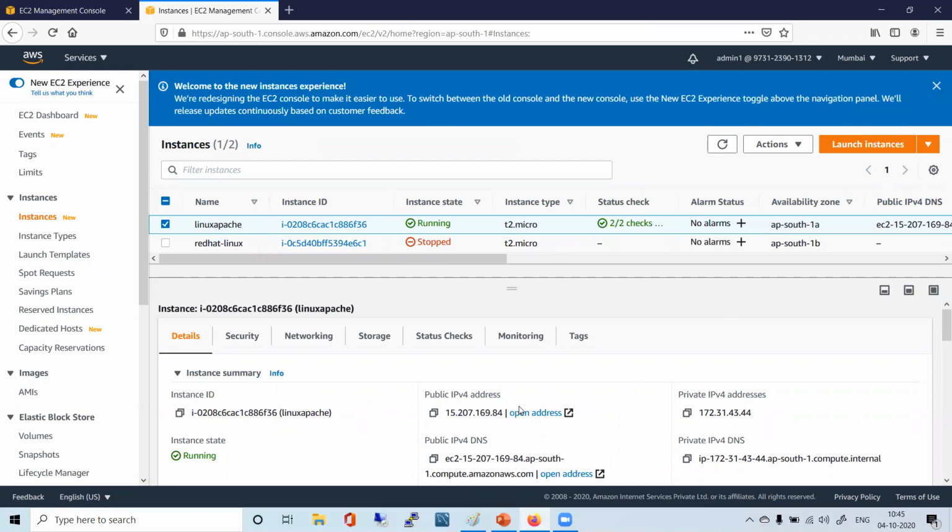Will we be charged for it? No. For a running instance, they won't charge, as long as you will not shut down or stop it. If I plan to keep it running for a few days, I will keep it like that only. In production, it's not the thing where you will be shutting down.